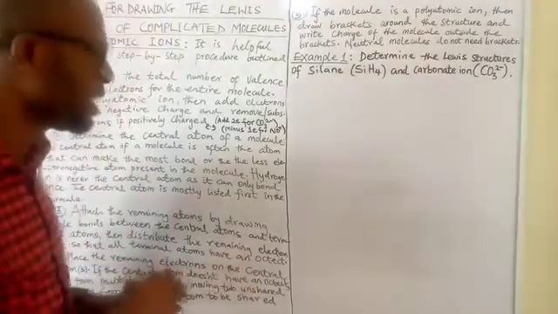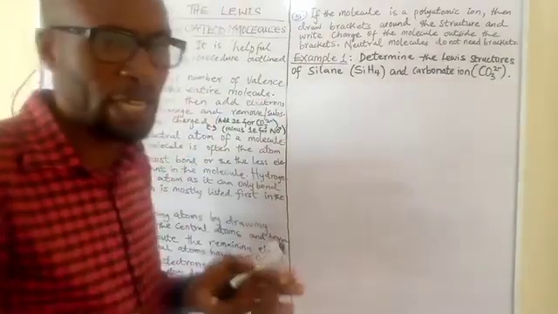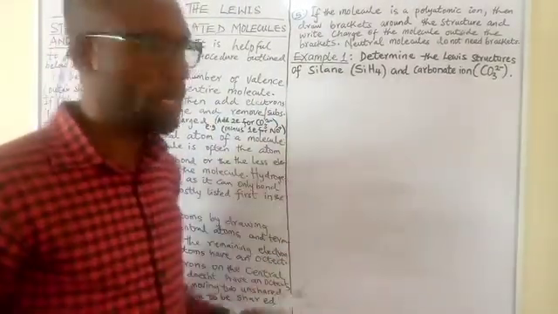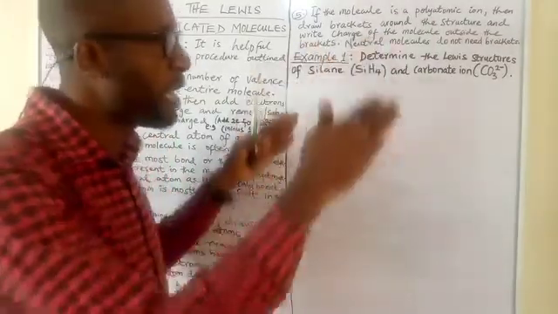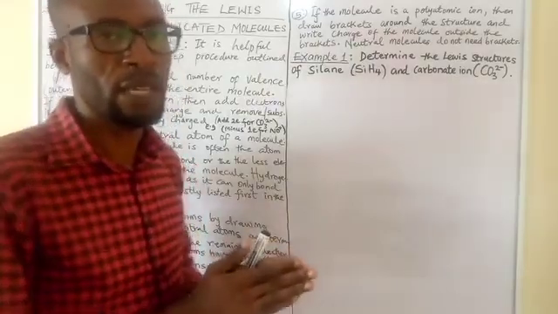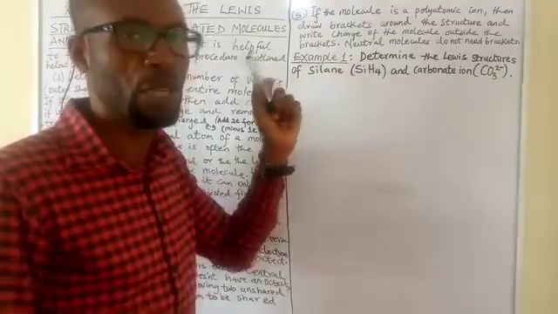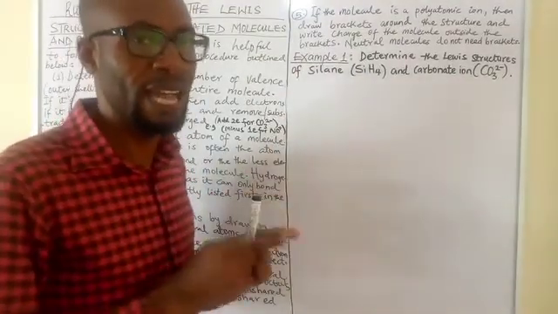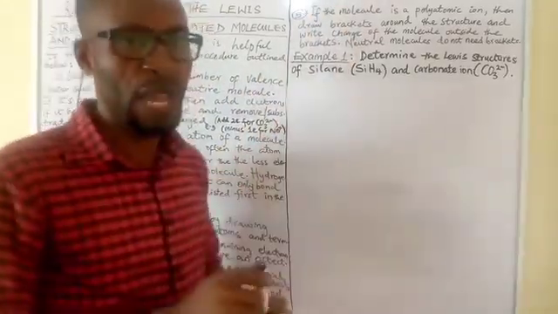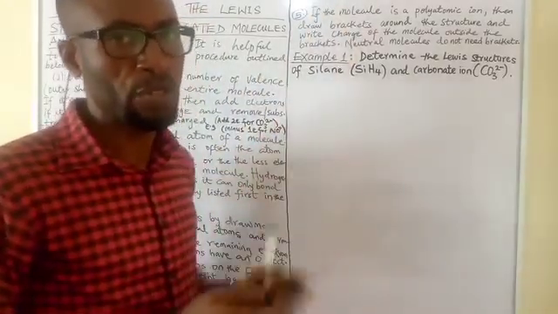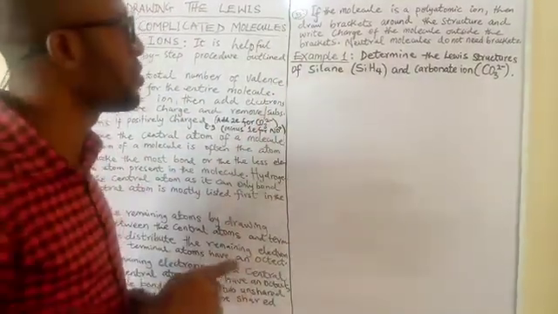All right, so when you've been able to satisfy the octet of all the atoms, the central atom and the terminal atoms, everybody is okay. The next thing you have to do, if you are dealing with a polyatomic ion, is to place everything in a square bracket and ask yourself, which charge was that polyatomic ion carrying ab initio? Remember to place the charge it carries ab initio, the net charge, outside the bracket as a superscript. Pay attention to that.